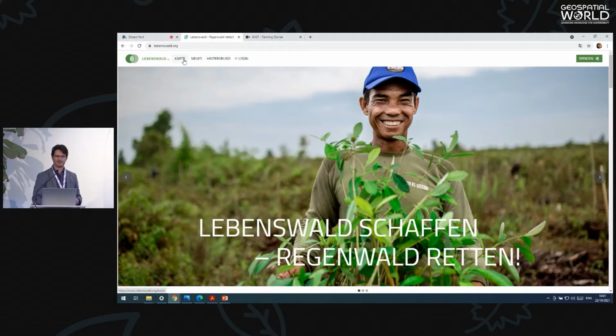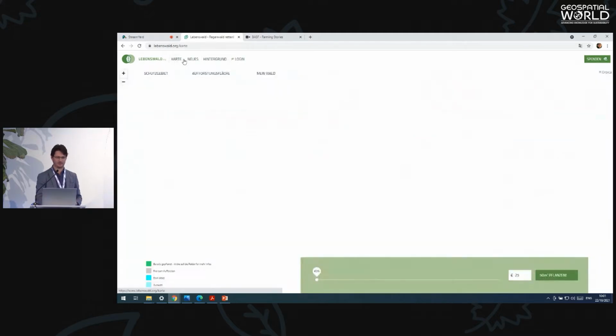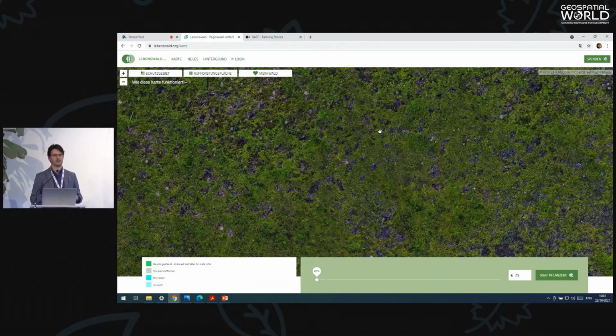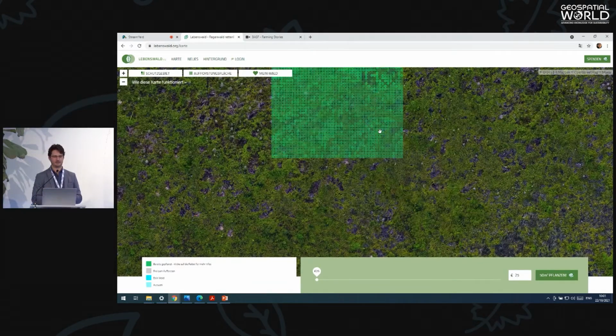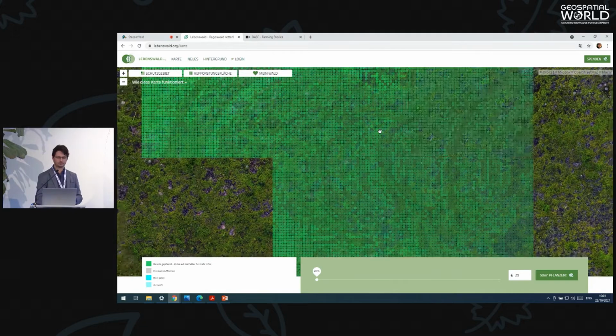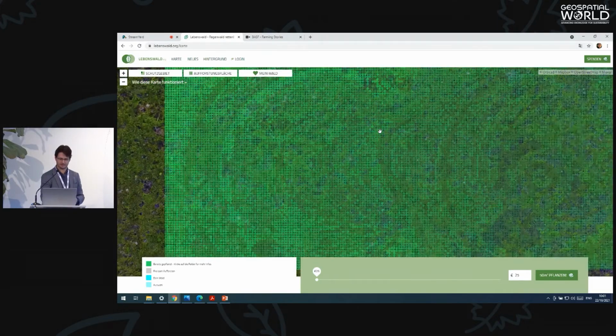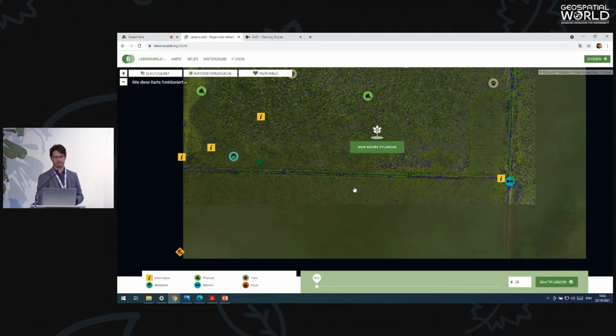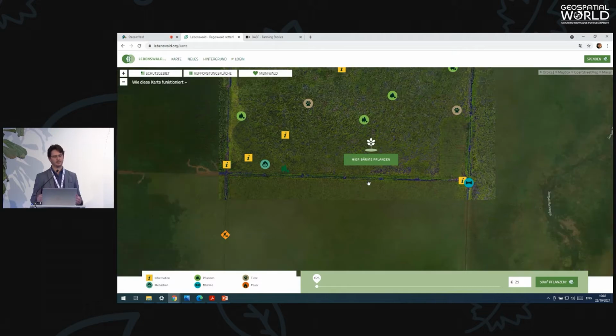So the main feature of this donations portal is the map. And the idea here is that the user can get an idea of the area. So if you just zoom out, they can see the overall area.